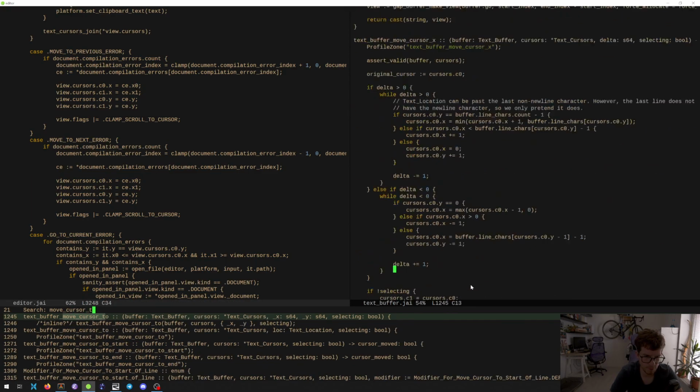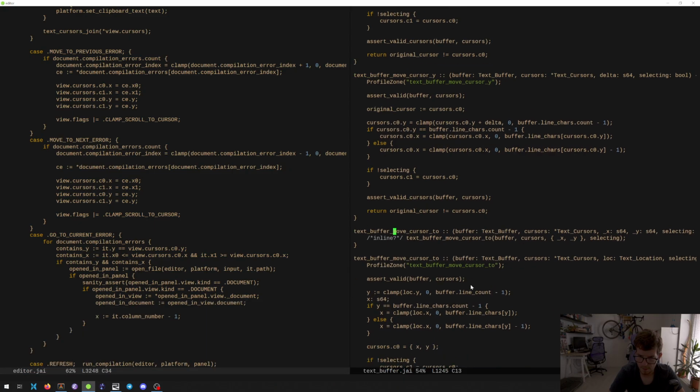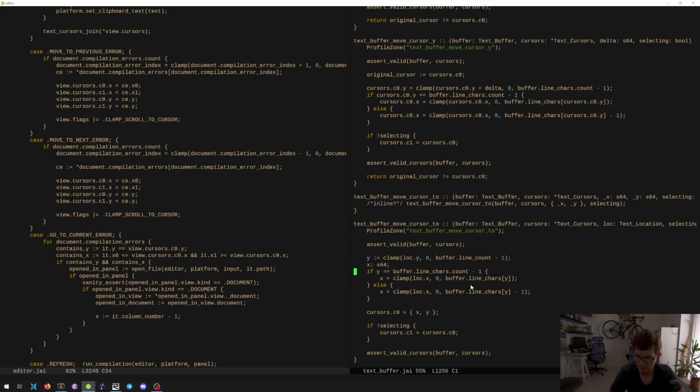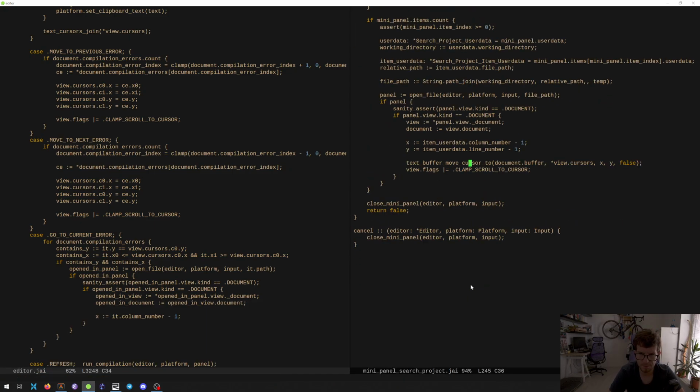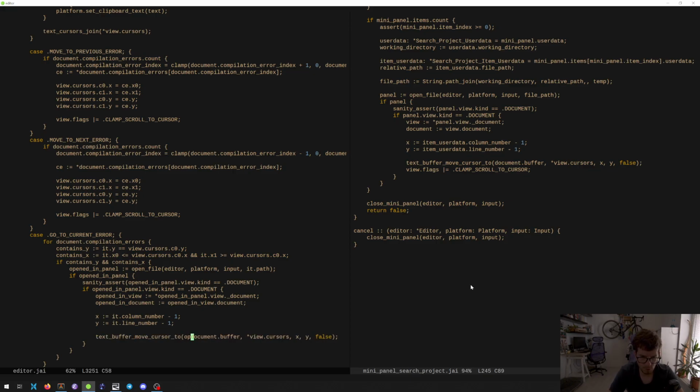Move cursor to. Okay, it clamps itself, so we don't have to. So like this, it's line number -1, and then we say opened in document,